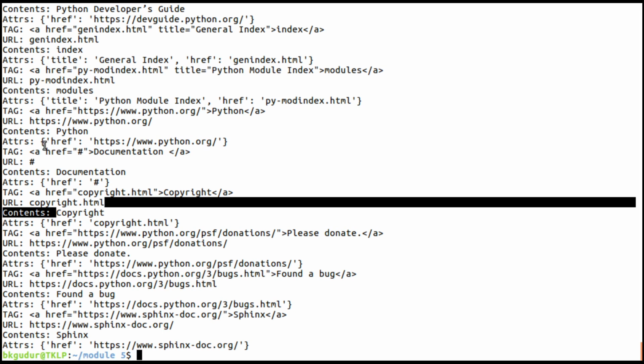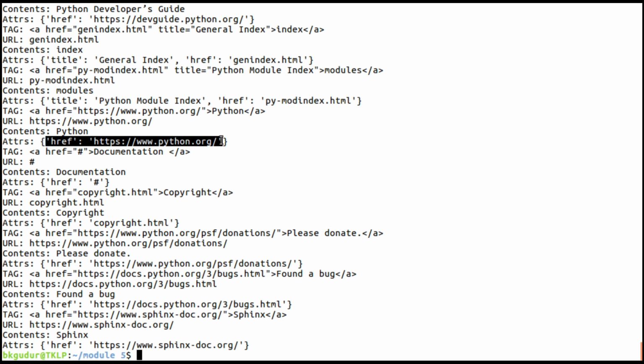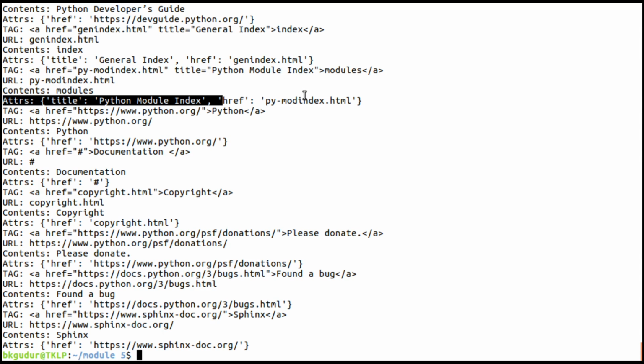Here the attributes, the reference to this. You can see the URL, so many times it has given what type of URL. For attributes, the title means this is a title, and this particular title gives the reference to this. Once you execute this program, you can go through this output so that you will understand everything.